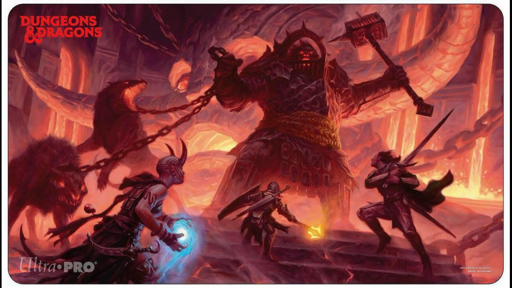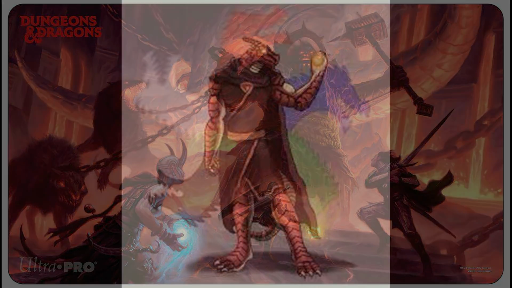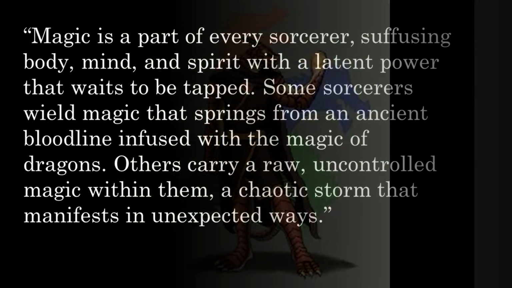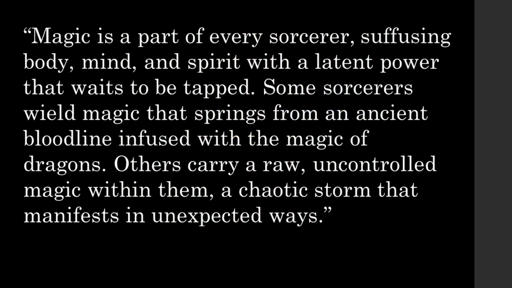Given this information about Targaryen or Valyrian genetic engineering with dragons and the miscarried dragonborn-like infants throughout their bloodline, I feel pretty safe in selecting Dragonborn as Dany's race in the books for our character breakdown. For her class, we're going to classify her as a sorcerer. Looking at the description of sorcerer in D&D, magic is a part of every sorcerer, suffusing body, mind, and spirit